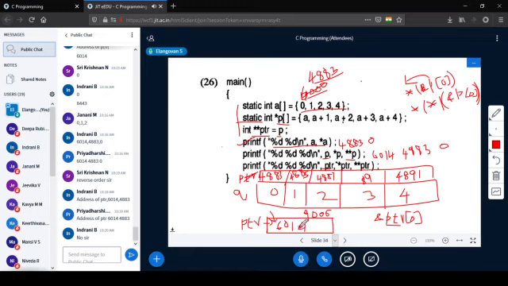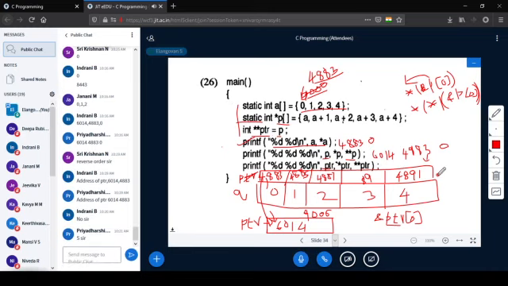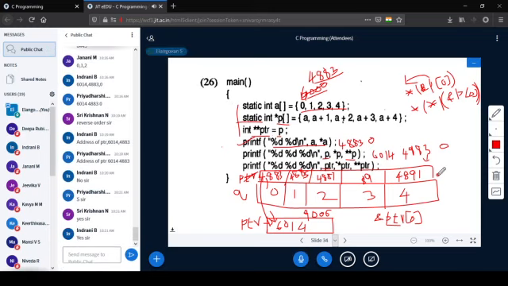Star PTR means value at this address, which is 4883, and star star PTR means the value at that address, and 0 will get printed. Again you will be getting the same values, 6014, 4883 and 0. Is that clear? So it will not print the address of PTR. Okay.